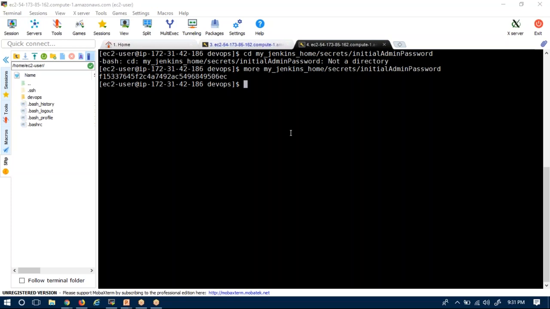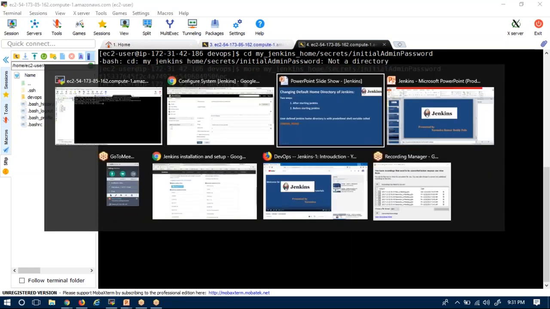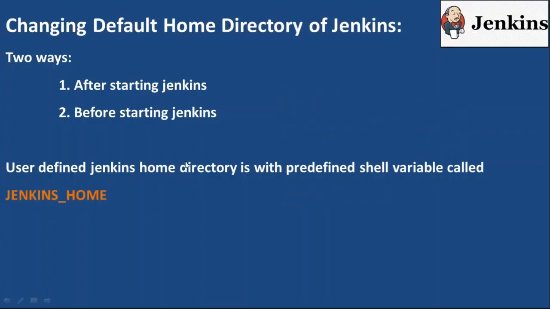Whatever it may be, you may change some information on your running server, so if you want to get those changes into the new home directory, then you need to copy the old files and directories into the new home directory. This is one way to change your home directory from default to the required path. And the second one is, before starting Jenkins, nothing is there, it's very simple.